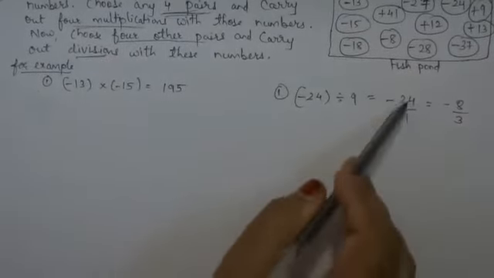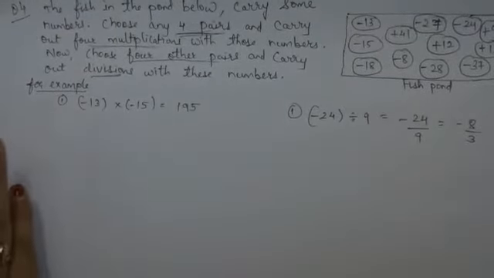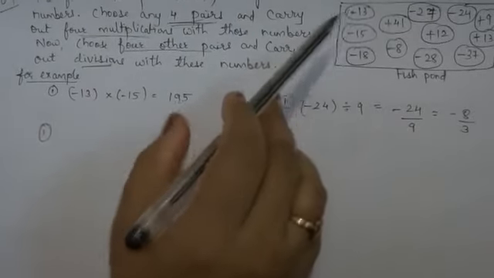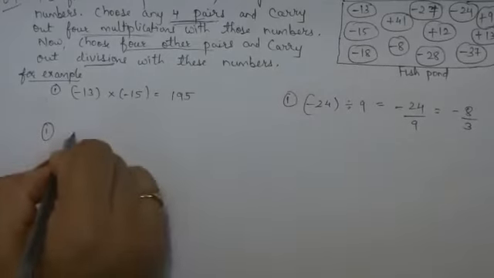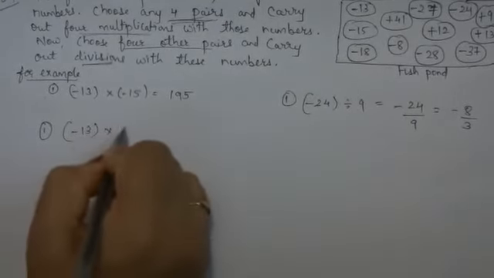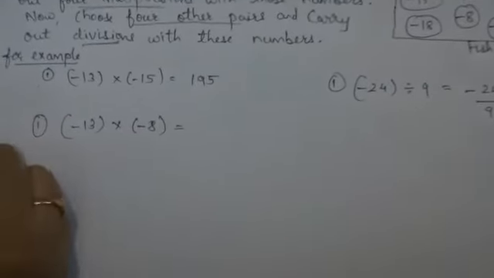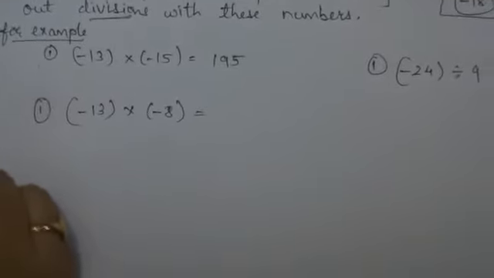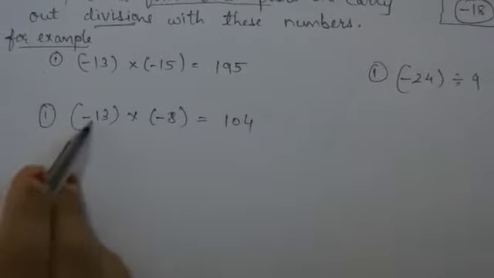Now children, let us find how many pairs we want. We want 4 pairs. So I am finding 2 pairs. Remaining 2 pairs you all find out. See, the first pair, from these only we have to choose for multiplication. I am taking minus 13 and 8. So minus 13 multiplied by minus 8. 8 3s are 24, 8 1s are 8, then 104. See the sign, minus minus plus, plus no need of giving.